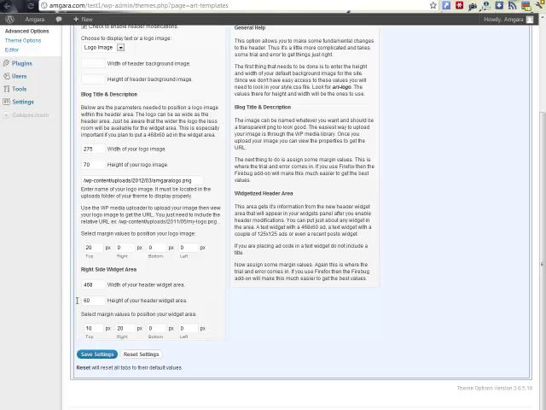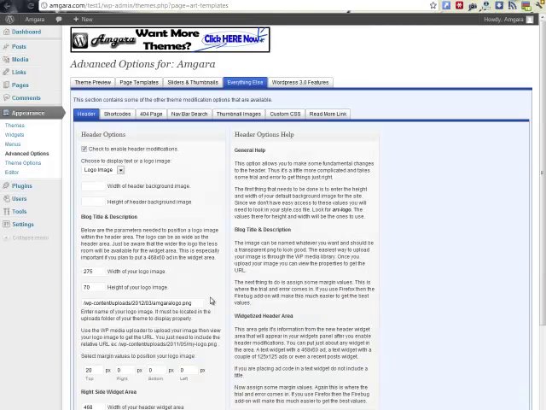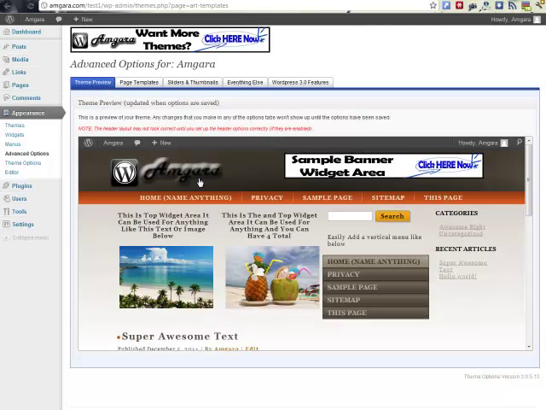So enter in all that information, click Save Changes, Save Settings, and it will bring you back to the preview so you can see where is your logo, where is your header banner. Now the banner won't show up right away until you enter it into your widgets, which I will show you in just a minute here. So going back here,